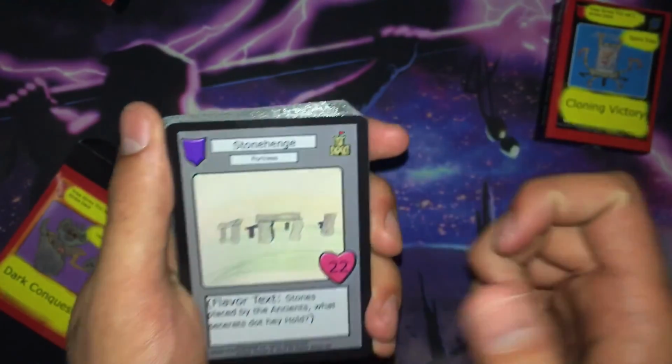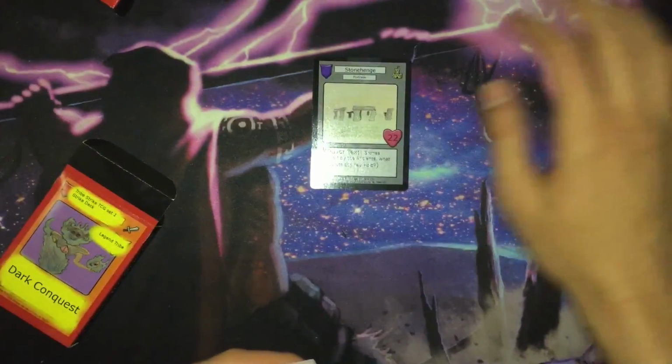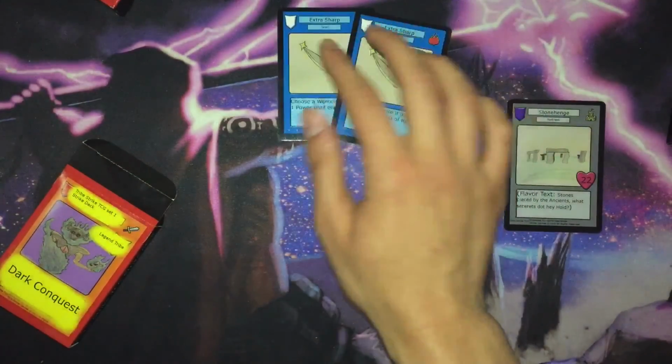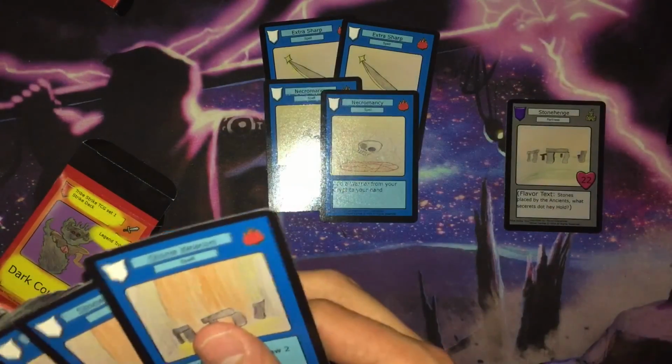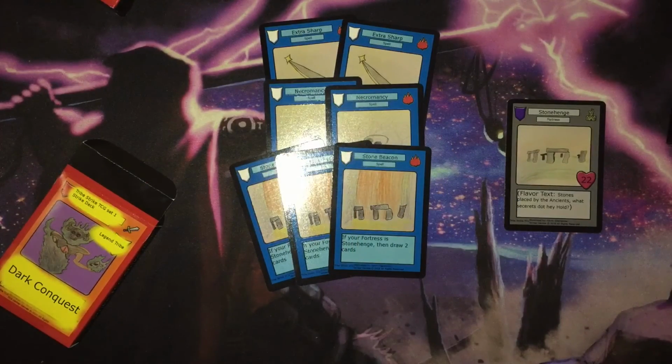And first of all, we're using the Stonehenge Fortress, of course. Then for spells, we're running 2 Extra Sharp, 2 Necromancy, 3 Stone Beacon, which, when you're using Stonehenge as a fortress, this is a...